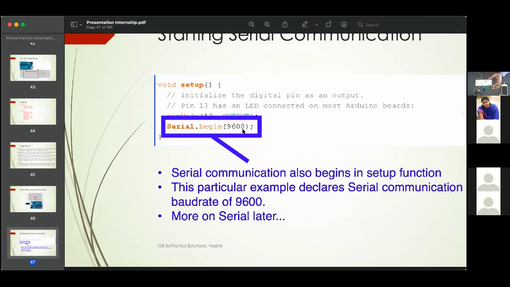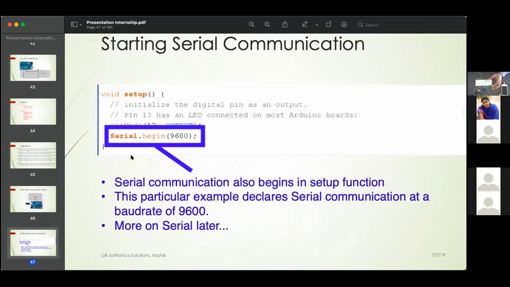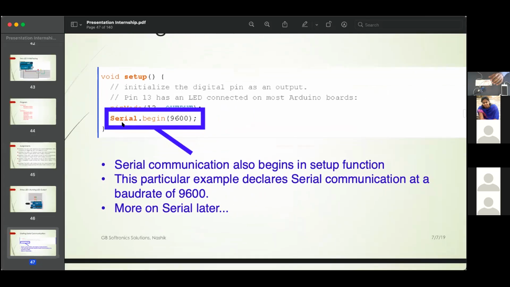Okay, so before starting the serial communication, you should write Serial.begin(9600) and you have to put it in the setup. You have to put this function in setup because we have to execute this statement only once and at the start only. So that's why the setup function generally represents the setup of your program. Setup is generally always done at the first and at the start only. Okay,